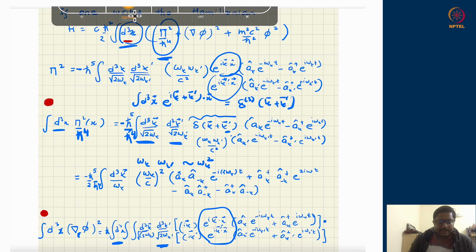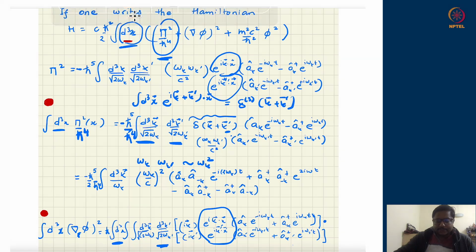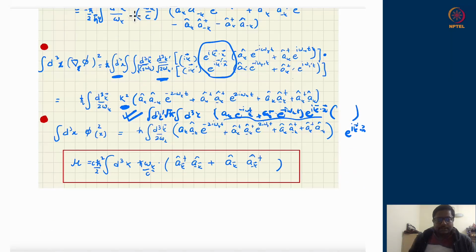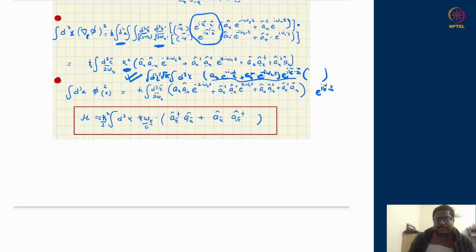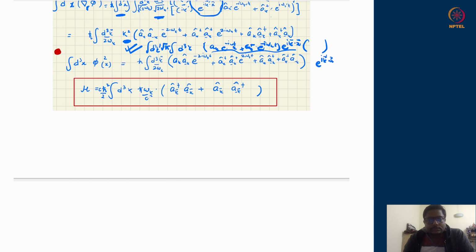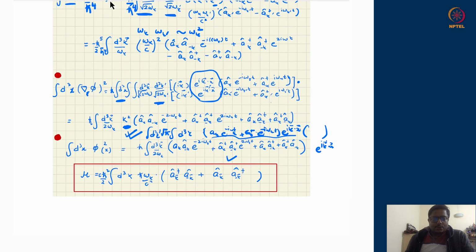And use again that there will be a delta function which you will get for k and k primed, and ultimately you will land up on this equation over here. Okay, so just let me clean things up once more so that we can have a quick look.